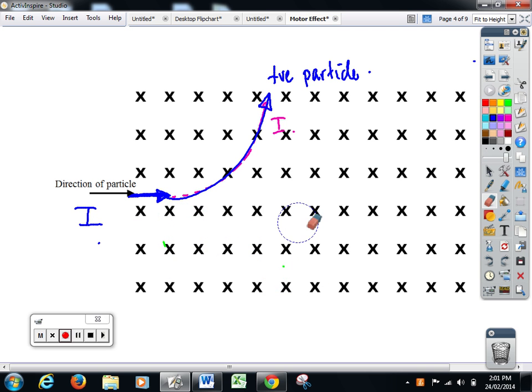So that's the first one. The second path that you were asked is, what would be the path of a negatively charged particle? We're going to do this in red. Now, if the negative particle is moving in this direction here and it's negative,